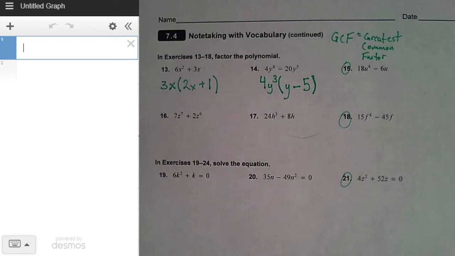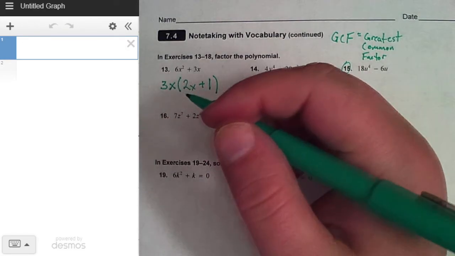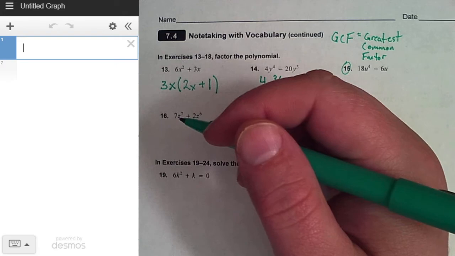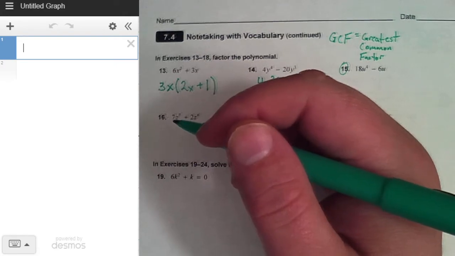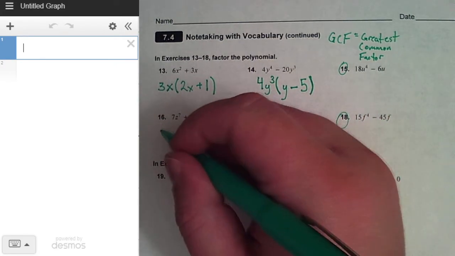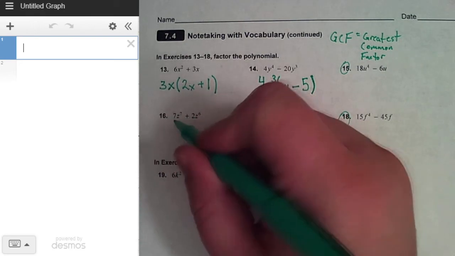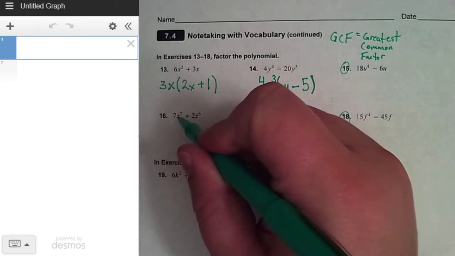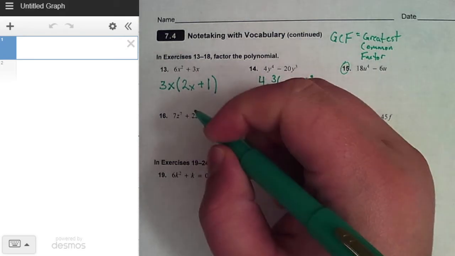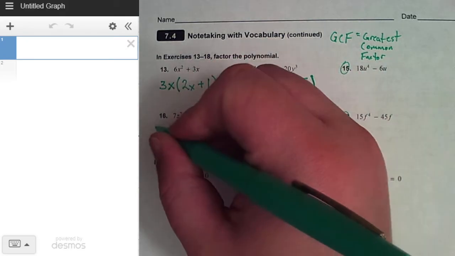They're primes themselves, but there is no number that divides both 7 and 2. The only number that does that is 1, and we don't need to show that as a factor, but we notice that z to the 7th and z to the 6th, I could divide both of those